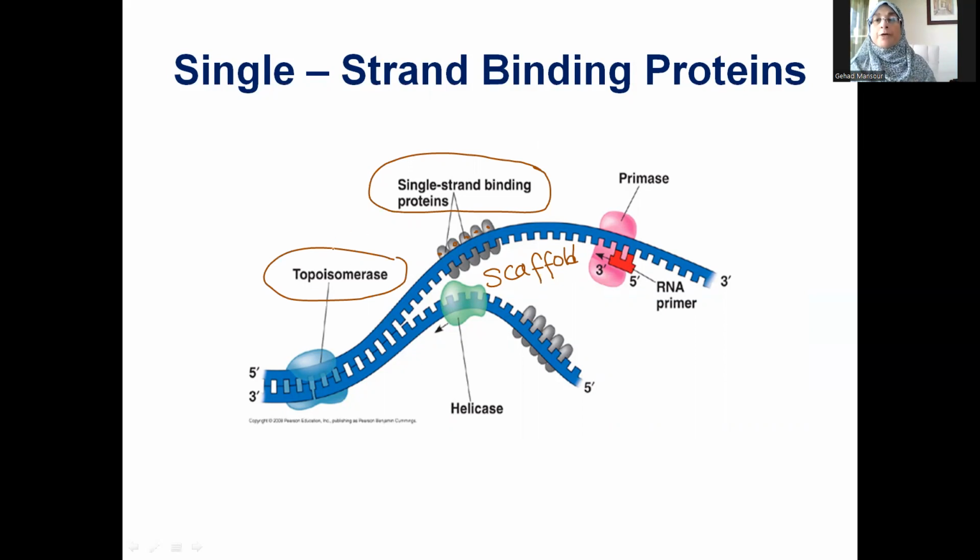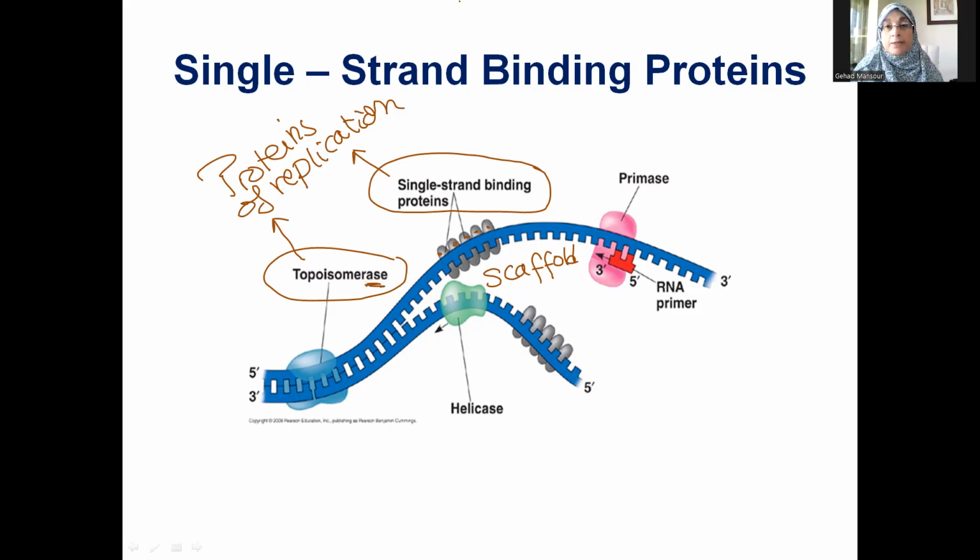Similarly, topoisomerase is another protein of replication. So single-stranded binding proteins and topoisomerases are again proteins. So in the previous slide, we mentioned 4 enzymes, and here we mentioned 2. So up till now, we have seen 6 proteins of replication. What do the topoisomerases do? As you can see, the topoisomerases are enzymes, and these enzymes are helping in